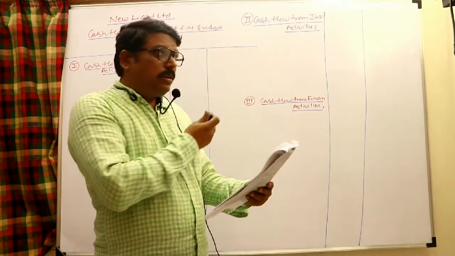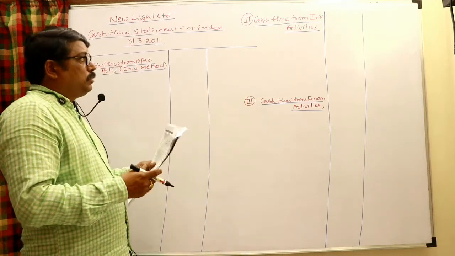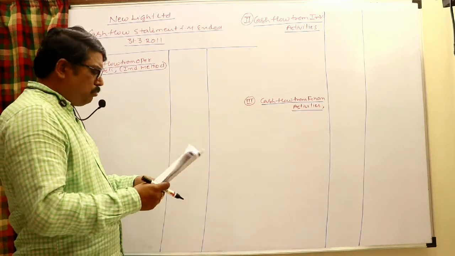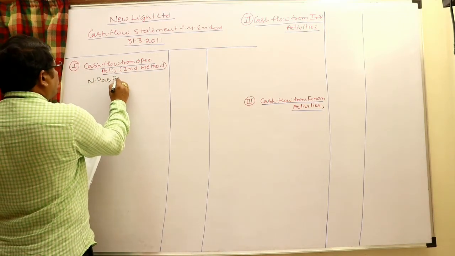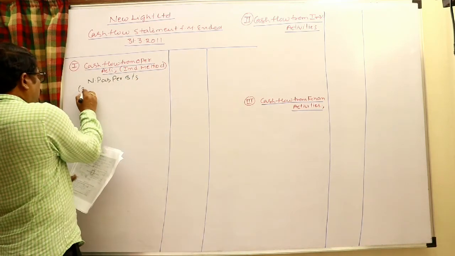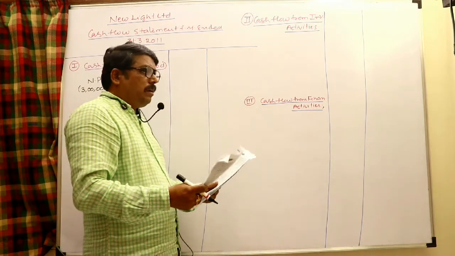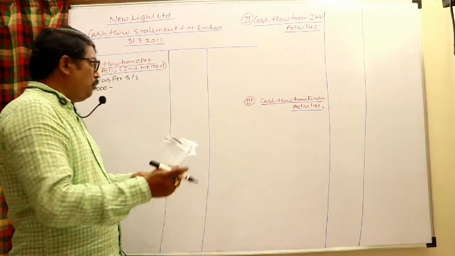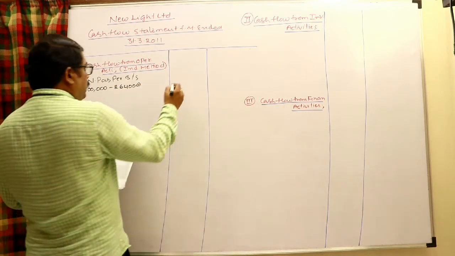Now we can go to the cash flow statement, particularly operating activities by the indirect method. Whereas in investing and financing activities, there is no direct or indirect, and you have to do it in the normal way. First, I would like to take here net profit as per balance sheet. Net profit as per balance sheet, and very clear, there is an opening profit and a closing profit. It looks like 3 lakhs, but opening profit 2 lakh 40 plus 24 increased because of the increase in stock is 2 lakh 64, and therefore we can take it as 36,000.